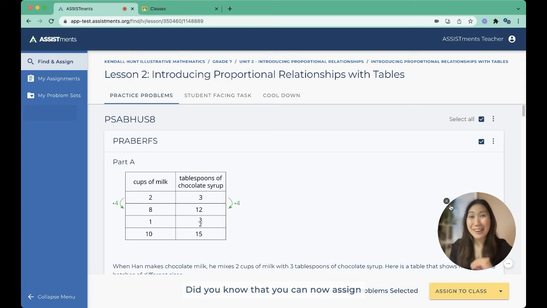Did you know that you can now assign to a subset of your class directly within the Assessments platform? Carrie here from Assessments, and I'm so excited to share with you this new feature and can't wait to hear